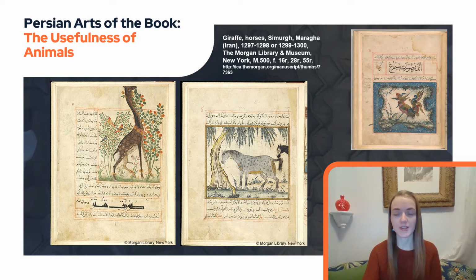The tree here is inspired by Chinese paintings, likely because of trade, whereas the vegetation in the other painting is reminiscent of the framing plants we saw in Arabic painting. To the right, we see a mythical animal called Simurgh that is very important in Iranian mythology and that we will come across later. You can see its colorful feathers within a space that seems to be surrounded by water.